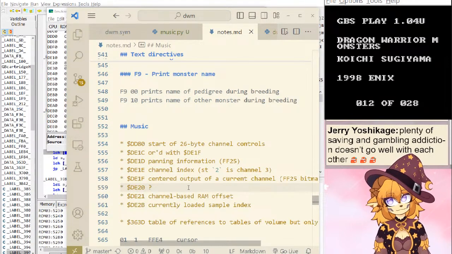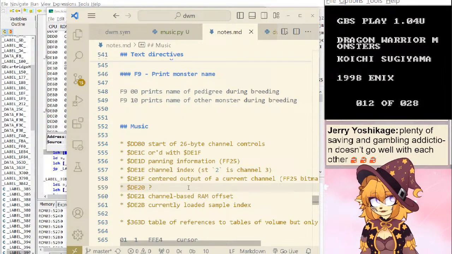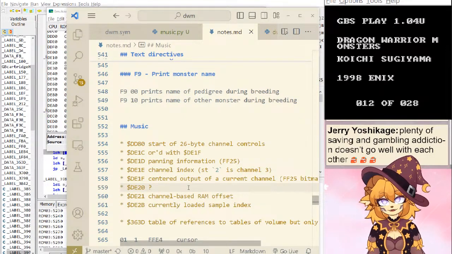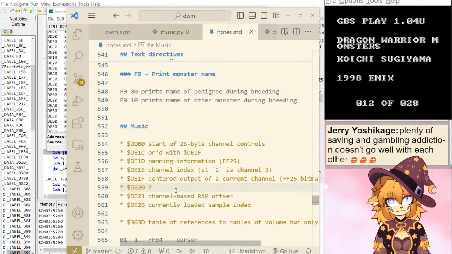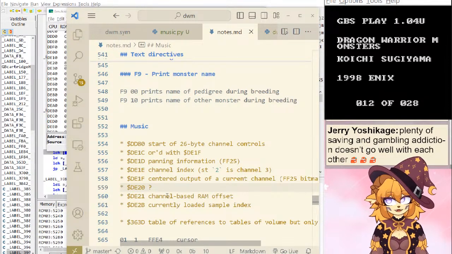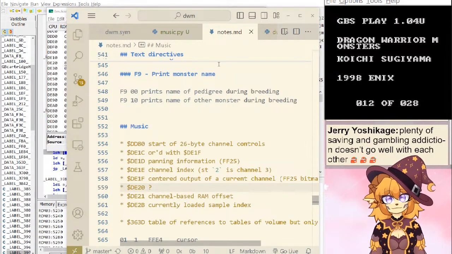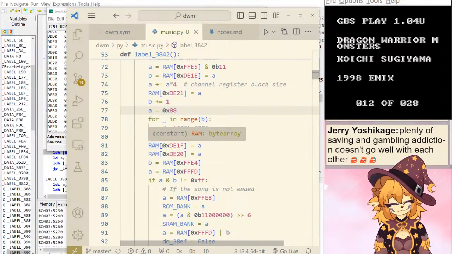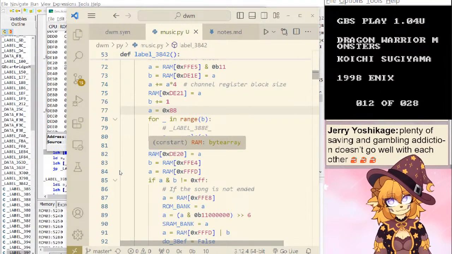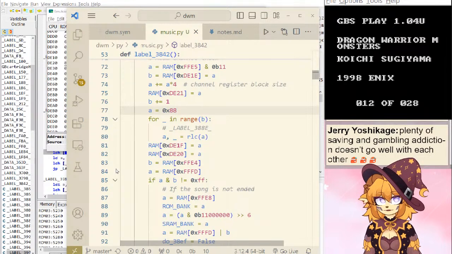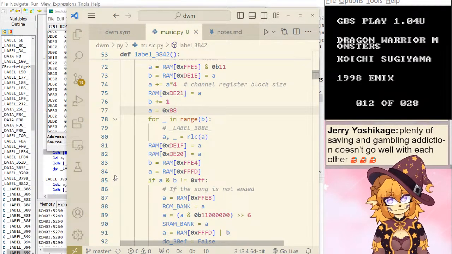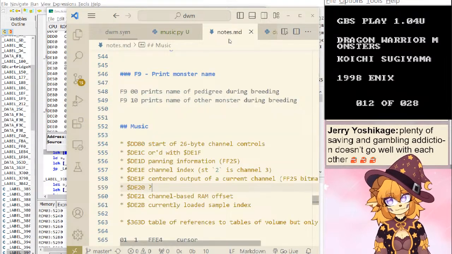Okay. So there's no way for the music to adjust the panning information itself, seemingly. It just uses the panning information to determine something or other. I don't quite know. But I suppose we'll find out.